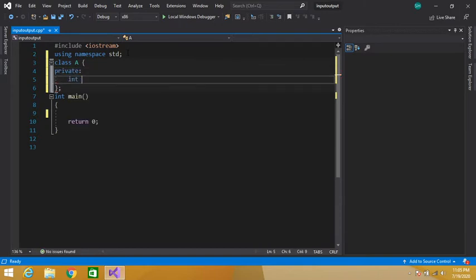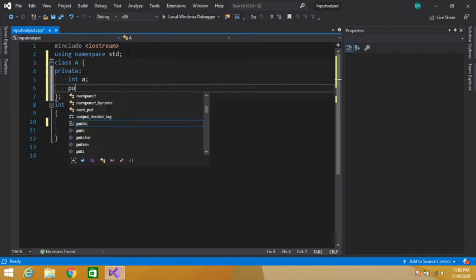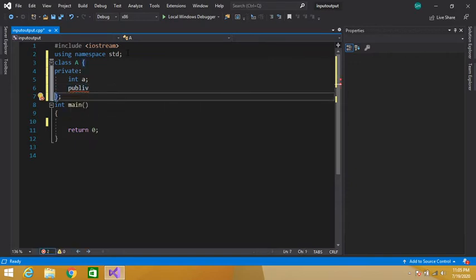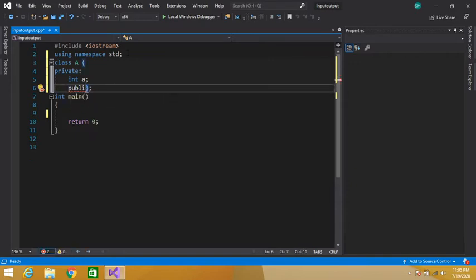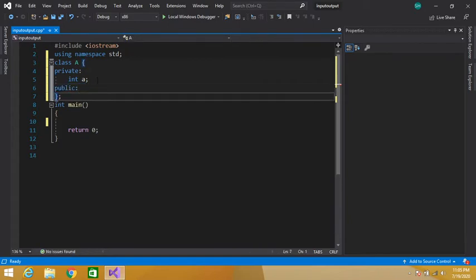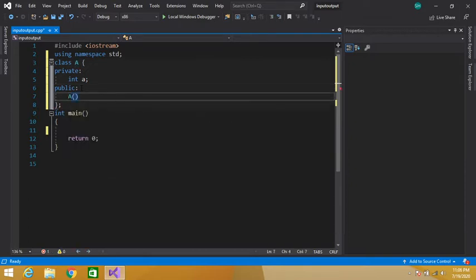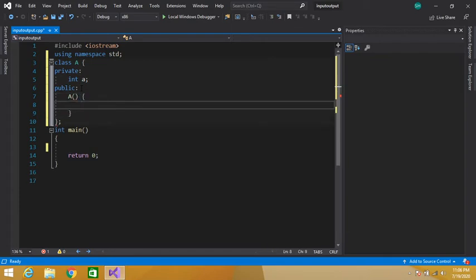Let's say int A, and a public constructor. Here in the constructor of this class we will initialize our data member. Let's say A is equal to 90.